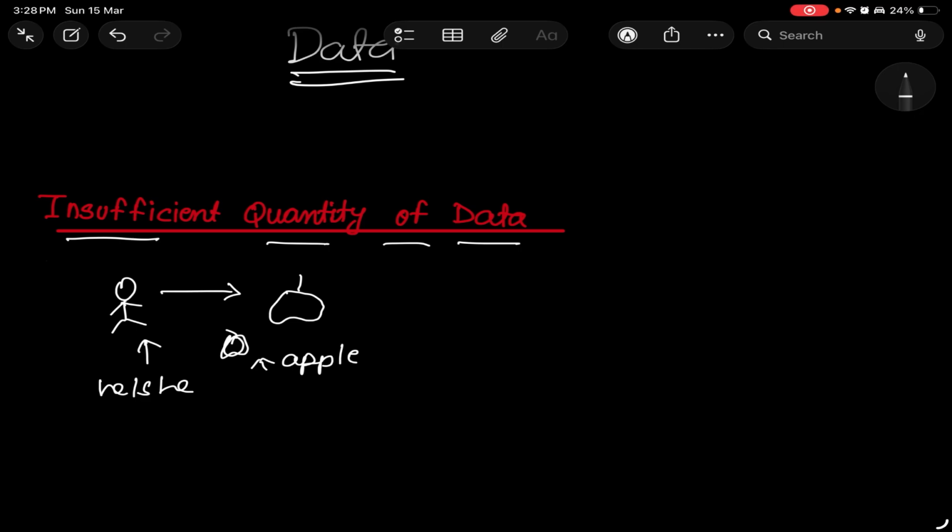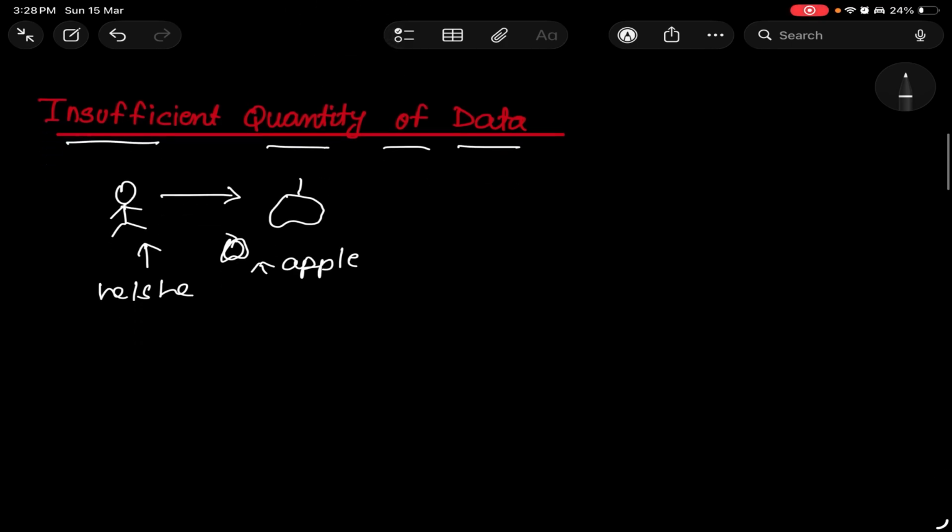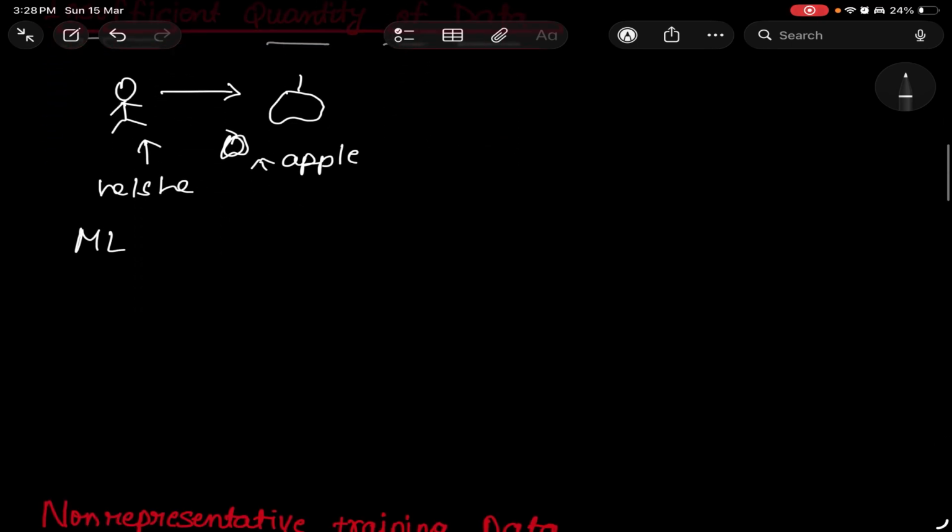He or she will know about all sorts of apples, with the shape and color. Whether it's pure red, whether it's red but not fully red, whether it's round or what shape, or whether it is green or whatever, the toddler will know what an apple is. We just have to say and repeat it a few times. But in ML, we're not there yet. Even for a simple problem, we need a lot of examples to know what it is.